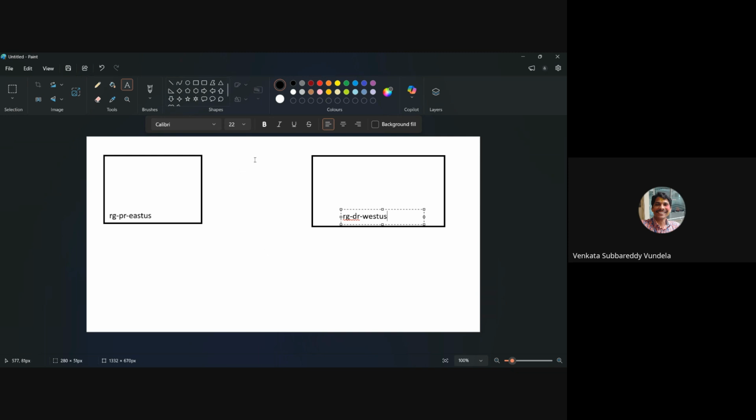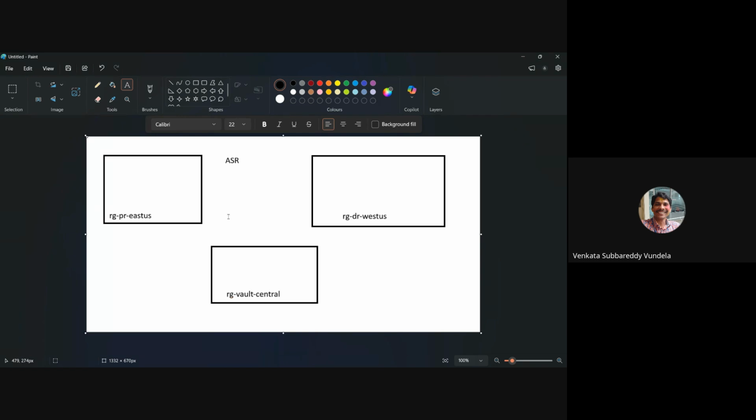Then Azure provides DR capabilities using Azure Site Recovery, which uses the recovery services vault. But we are keeping the recovery services vault in a third region, which is the ideal and most recommended scenario. We are keeping the recovery services vault in another site region, in the resource group RG-vault-central-US.